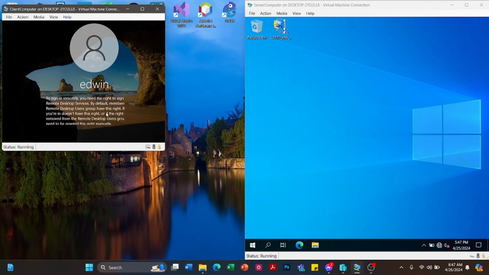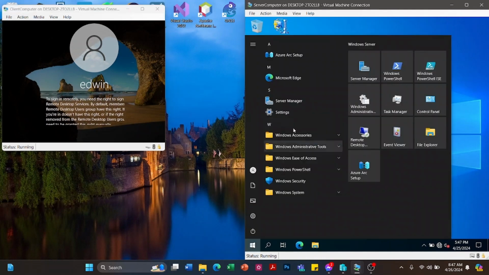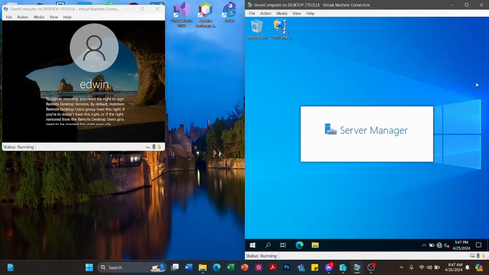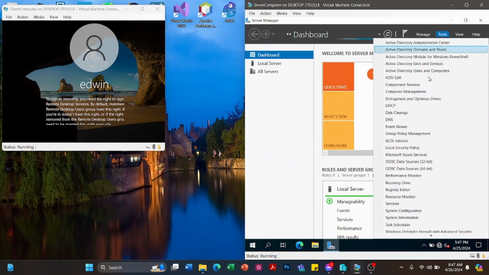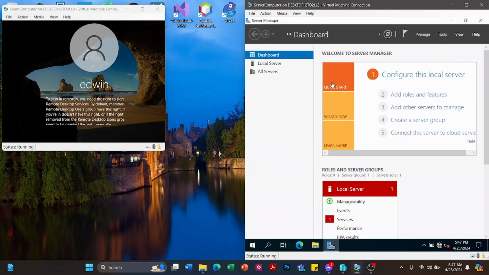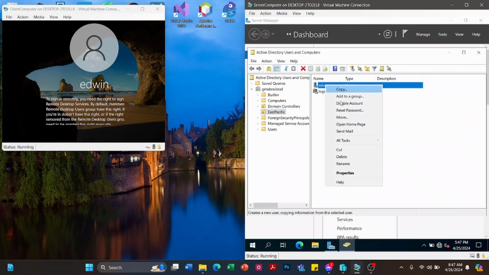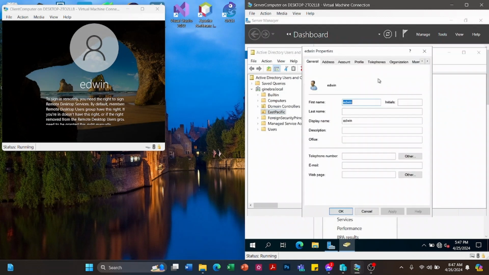So let's go to the settings of the users. Again, properties.